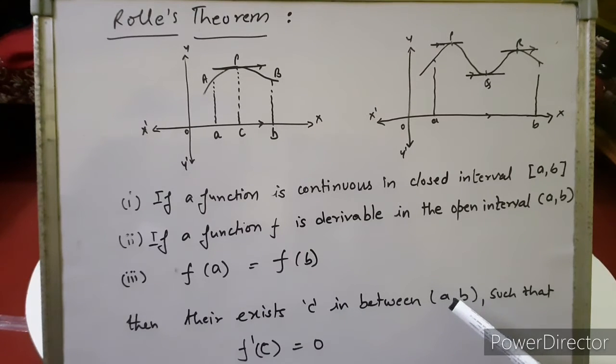Now, what is the slope of the x-axis? It's 0. The slope of the x-axis is 0. That means if we find the derivative of the function f(x) at C, that will be f dash C. It will be 0. Why is it 0? Because the slope of the tangent, the slope of the x-axis, is 0. Right? Note down, please.